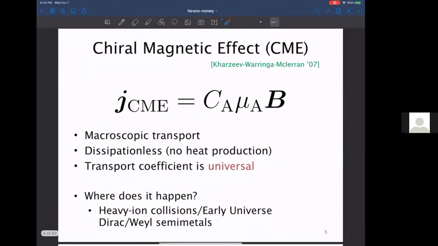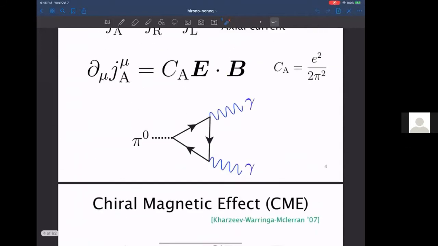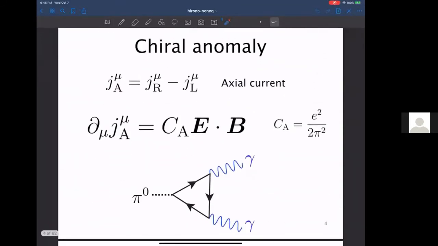The system that we are going to be talking about is the system of massless fermions. And as we learned in the previous talk, we can associate chiralities to the massless fermions. They are either right-handed or left-handed. And this handedness or chirality of the fermions is conserved only classically. Once we take into account the quantum effect, the conservation of the chirality is violated. This is the so-called chiral anomaly, and the extent of this violation, this chirality flipping, can be quantified by this chiral